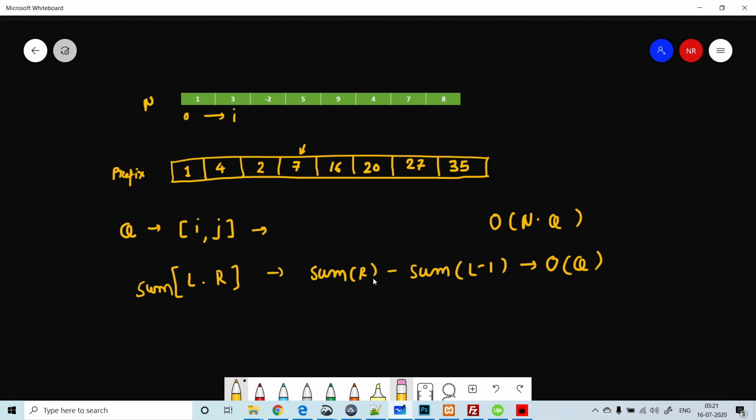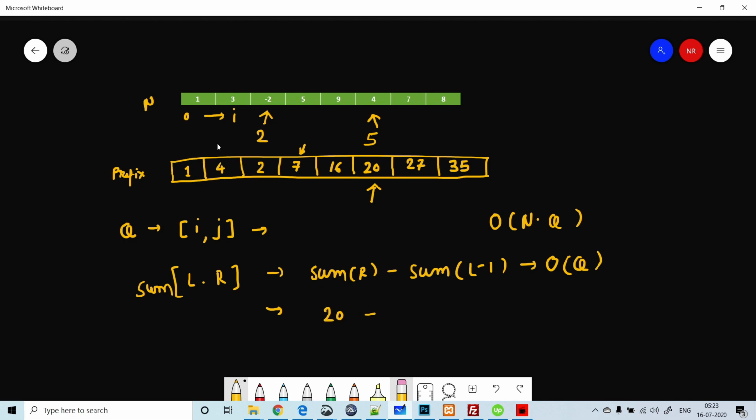Now how will this work? Let's take one example. We want to find a sum between, let's say, index 2 and index 5. So if we put the sum at R, here our right-hand side is index 5, so the sum at R is 20, minus the sum at L minus 1.